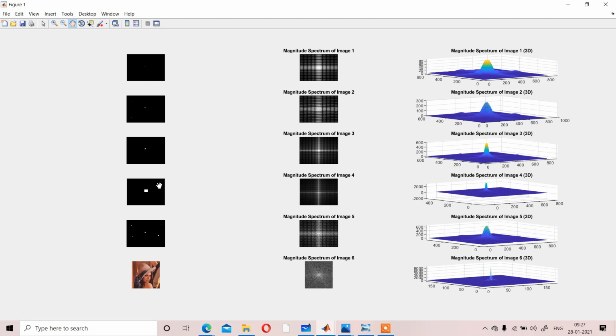So resolution and frequency are vice versa for the time domain or spatial domain and the frequency domain.